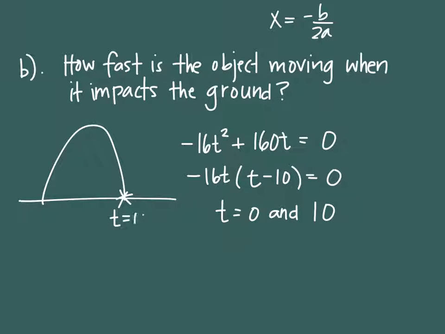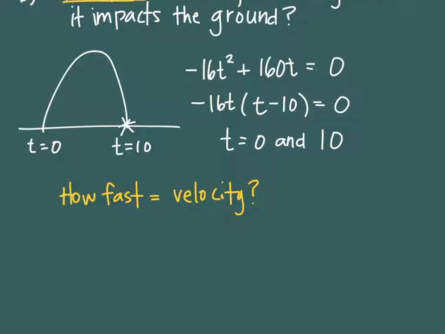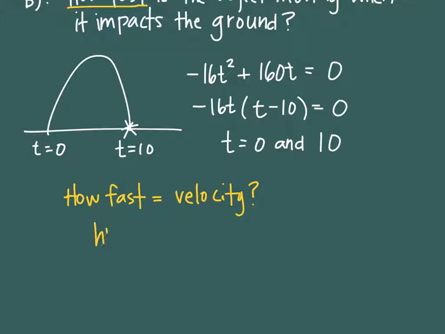So here's where time is 10, and here's where time is 0. My question is, how fast? So when it says how fast, what is that phraseology asking me to find? Velocity. So now from a mathematics standpoint, I want to answer how fast with the question of what its velocity is. So the question is, what is its velocity? So I need to find f prime again, or go back to my h prime. My h prime was negative 32,